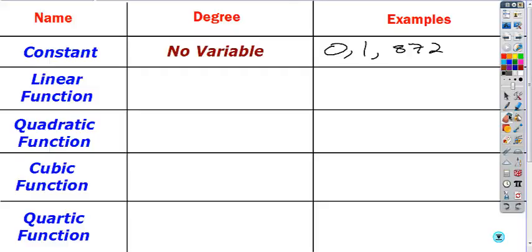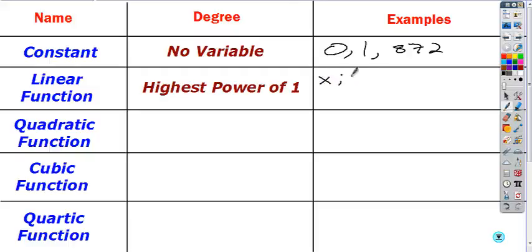So, linear function, right? So what's the degree on a linear? So if it's a line, the biggest power is 1. So the highest power on x is going to be a 1. Okay? So can you give me an example of a linear function? Yep, so the power on x has to be 1. It could be like 25,000